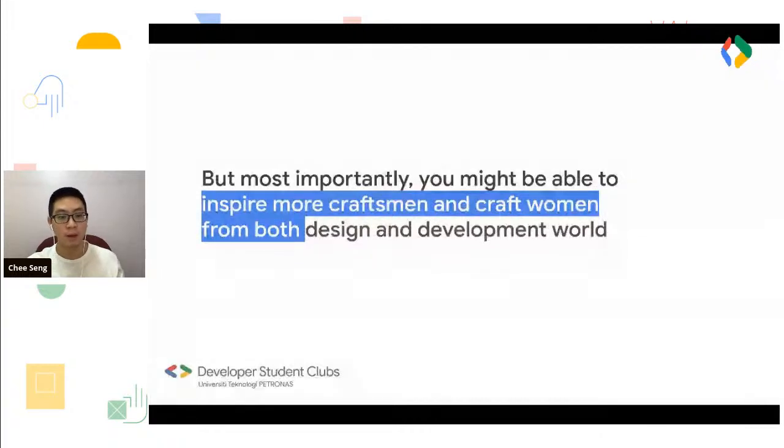You can inspire a designer to look into how design actually works, and you can also inspire engineers in terms of how design is created, why it needs to look a certain way, and why a certain color needs to be implemented this way. Because sometimes engineers are very focused on functionalities, they don't see it on a higher level. If you know both, you can explain it to a designer or an engineer in their terms, but also introduce some of the design concepts to them. So again, you really will inspire more craftsmen and craftswomen from both sides of the world.